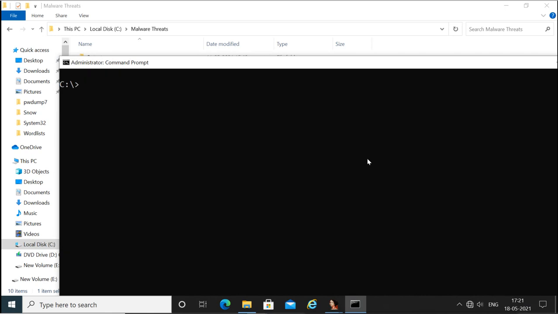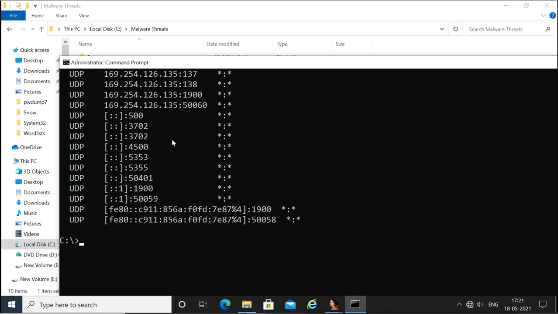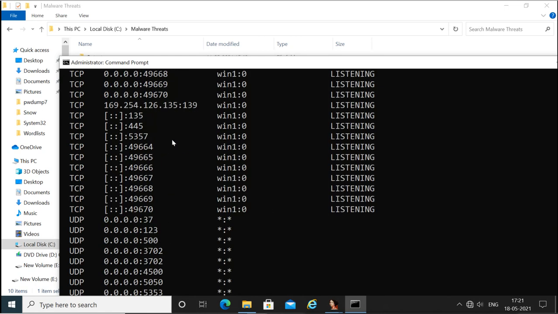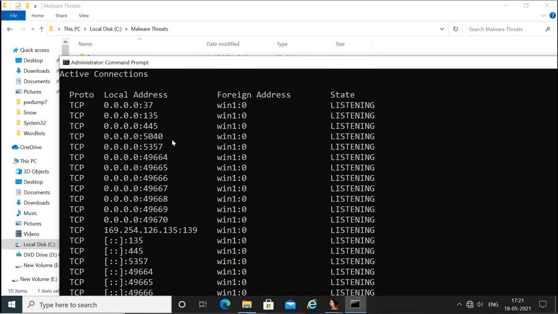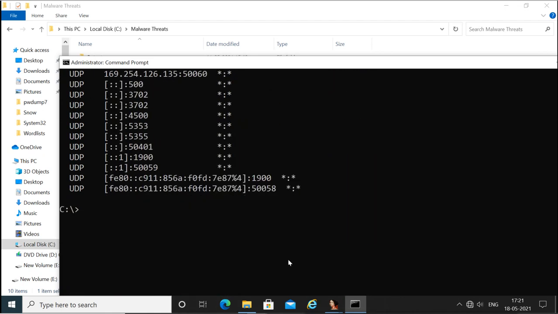We can see what is going on. This is not showing anything because no process is running or no network is running. If I use -a, then it is going to show you all the network connections and the ports our system is listening on. So with netstat we have different options to see.